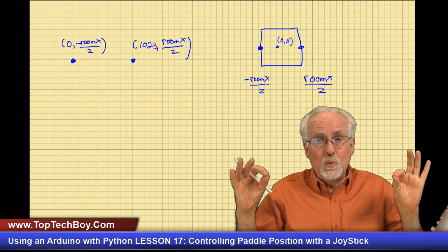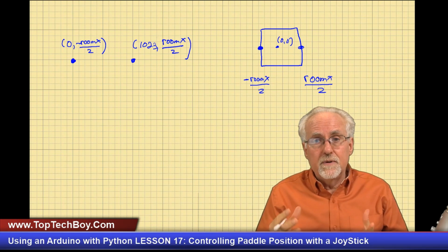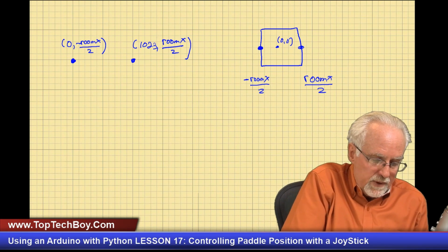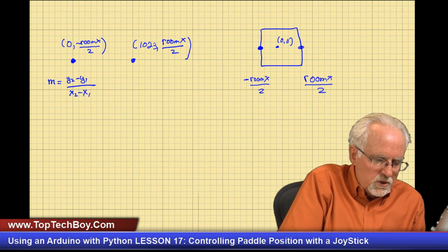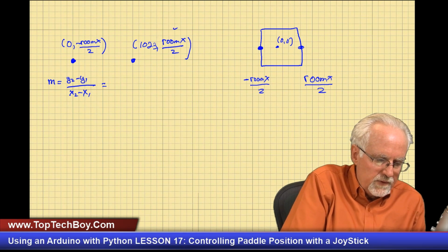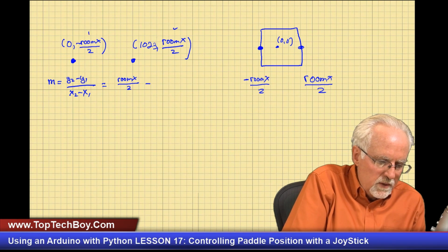What do we need? We need a line. We need the equation of that line. And remember, the first thing to do for a line is the slope. And how do we find the slope? Well, the slope is equal to y2 minus y1 over x2 minus x1. So what would this be? What is y2? There is y2. y2 is room x divided by 2, and then minus y1. y1 is over here, and that is a minus